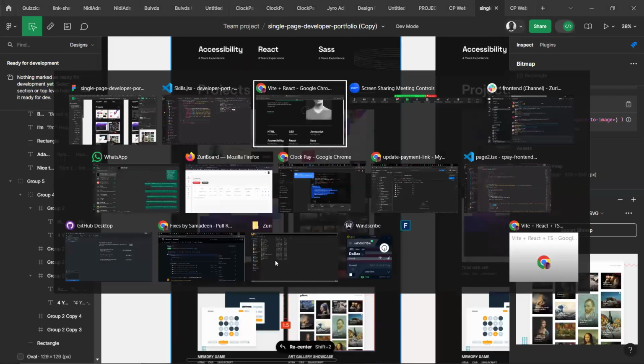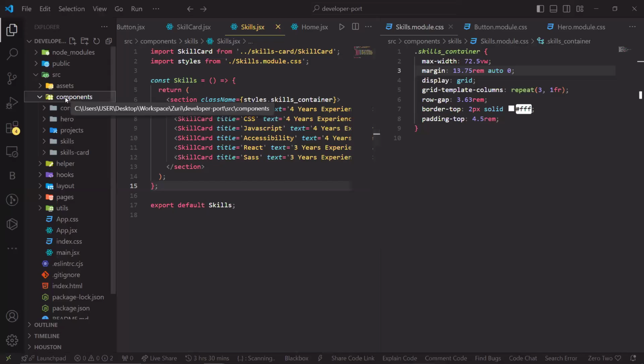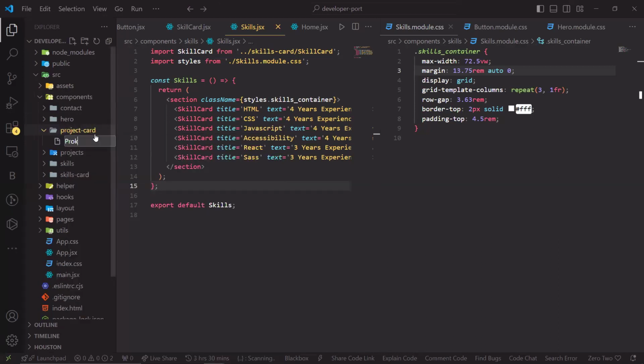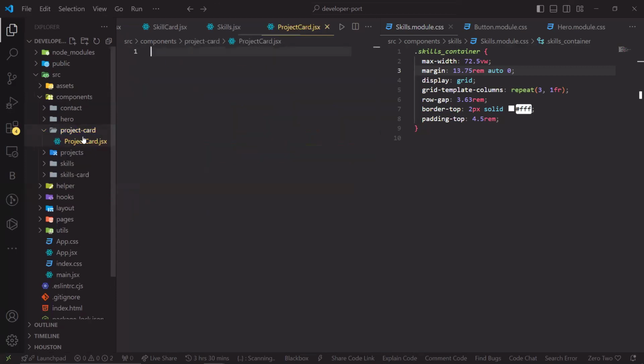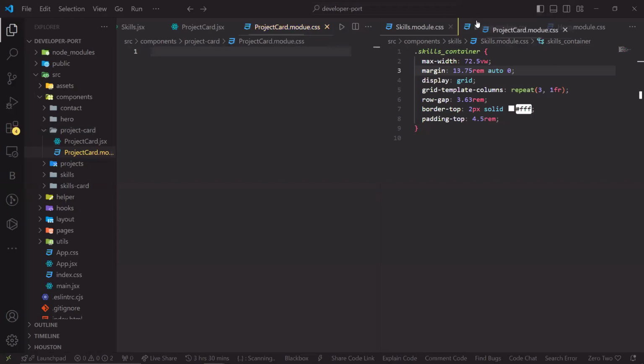So first off, let's go to our project. We need a project card because we need to have a reusable component. So we have a project, add. And for this one, you guys will walk me through as usual, because I don't know anything. So let's do project card.jsx, and let's do project card.module.css. Yes. As usual, I'll split my screen, put this one here,